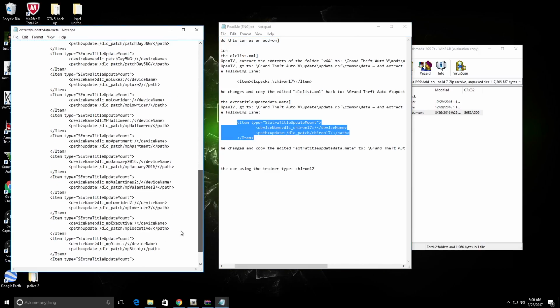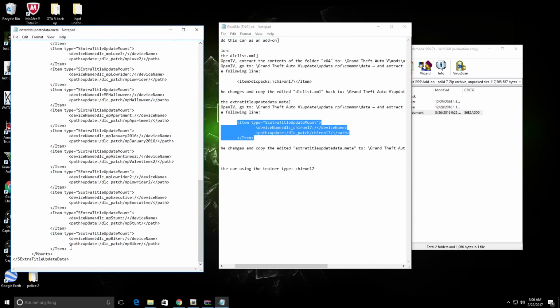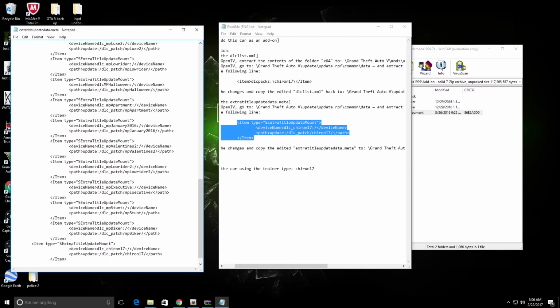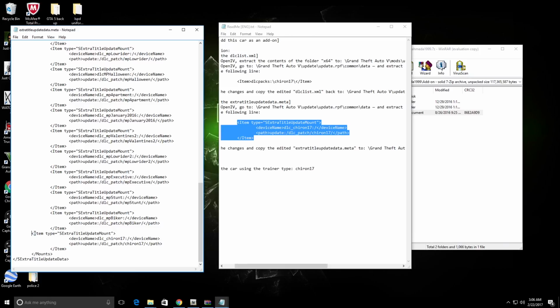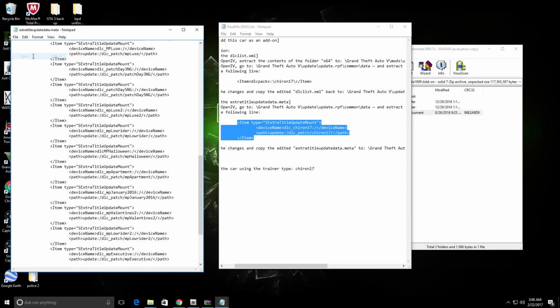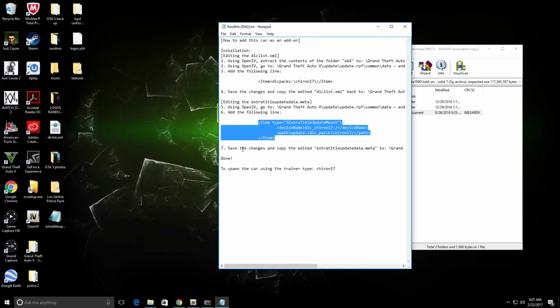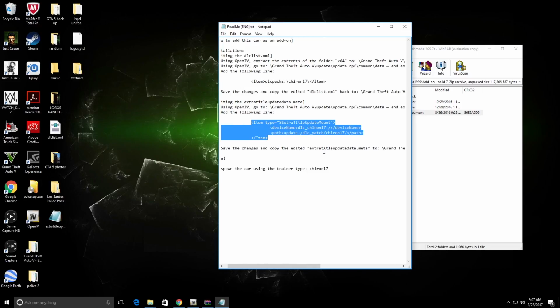you go to the very bottom, and then you line these two up. Whoa, there you go. It didn't really line up. There you go. You line all of these up, make sure they all line up, and then you could save it as well, and then exit out, and then save the changes and copy the edited extra title update data